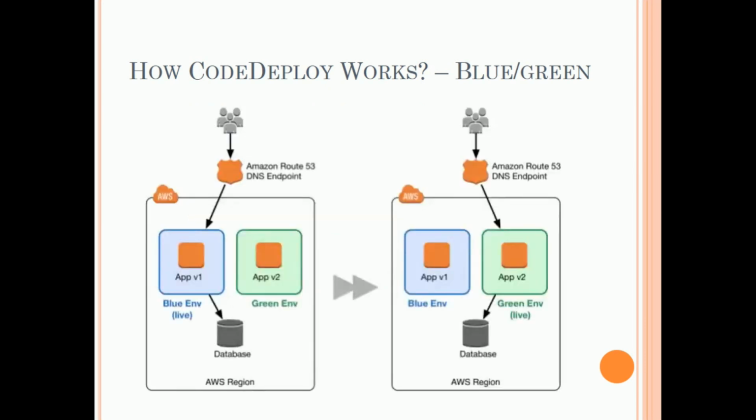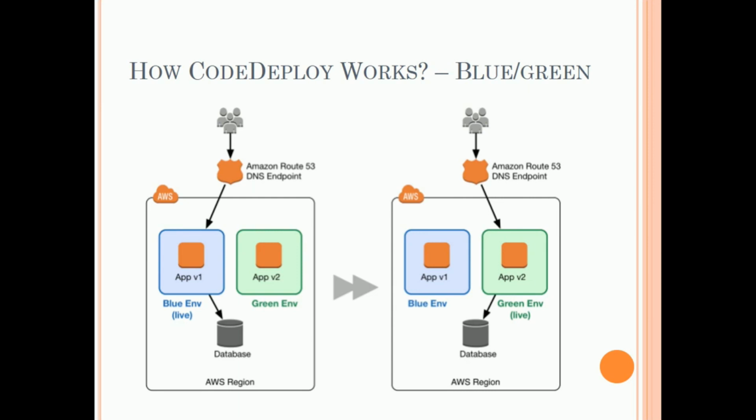We will use CodeDeploy to create a deployment for the deployment group. In blue-green, the current environment is called blue and the replacement environment is called green. We can easily switch traffic from blue to green and vice versa. Here, when we deploy any app through blue-green deployment, instances are provisioned for the replacement or green environment. The revision is installed on these instances residing in the green environment. We can also pause the deployment and run our tests in the replacement environment.